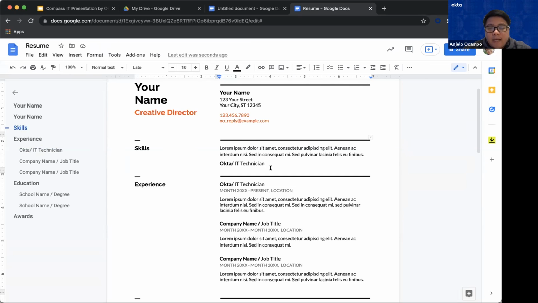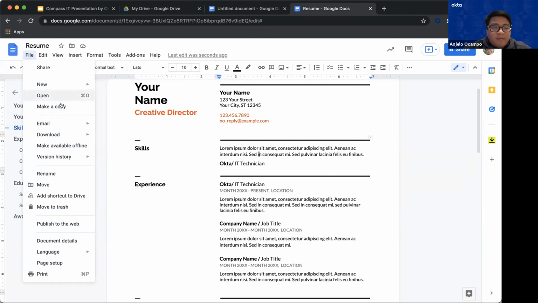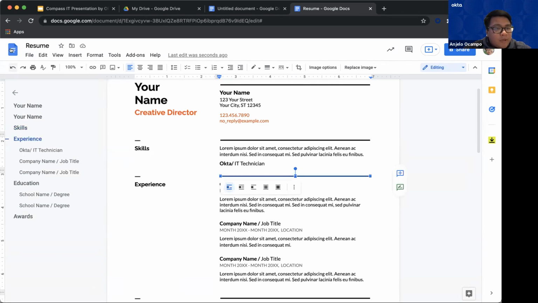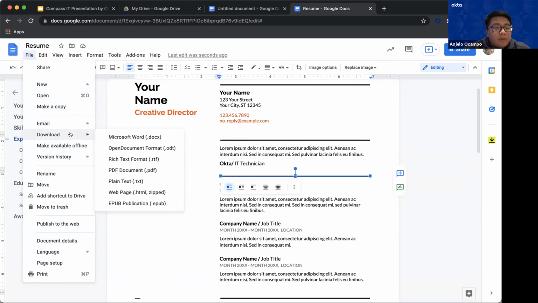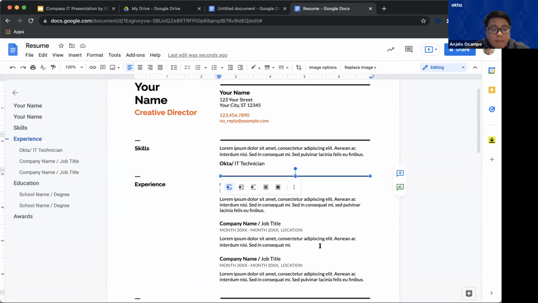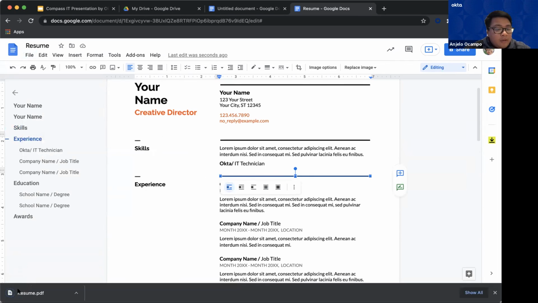So yeah, now let's say this is what I want right now. You can also just save manually if you're paranoid about that. Let's see, file. Oh, I think it's all automatic now, so I actually don't need to. But if you do want to download it and send it out to someone that you need to send your resume to, you would go to download, PDF document, and shortly after, it would download as whatever title you have in the top left.